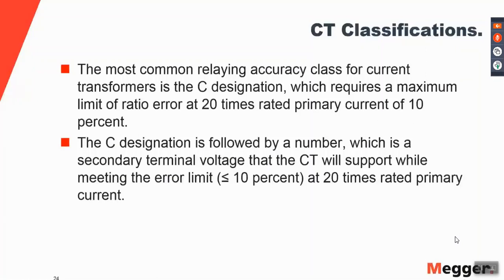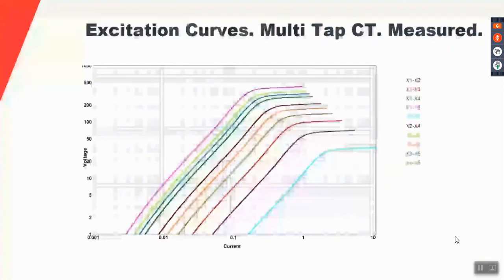What I'm trying to say here is that the higher the current, the higher the allowable error for that CT is going to be. If you look at a CT's excitation curve, we can notice that the higher the voltage on the secondary of the CT, the higher the excitation current. Now, the error on the CT is the excitation current of that CT, which means that the higher the current